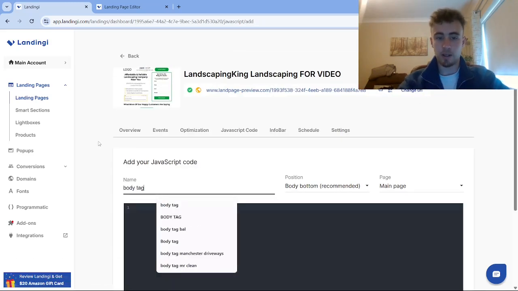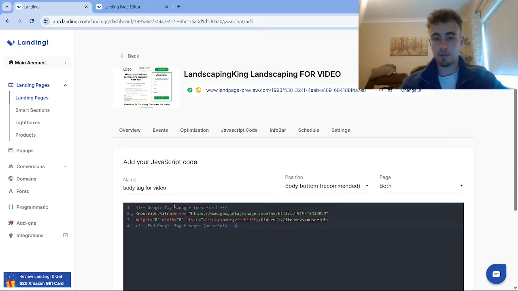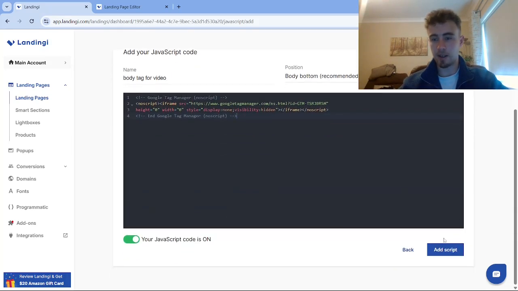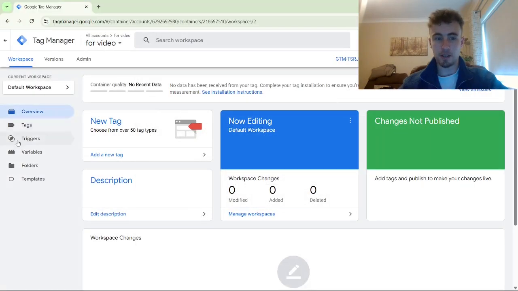So body tag for video, but instead we want to go body bottom for the position, but we can also go with both for pages. So just paste the body tag, which is the other tag, in here then, and go add script. And once you've done that, then you can X out of this part here and go to tags, and under tags then we can go to new,